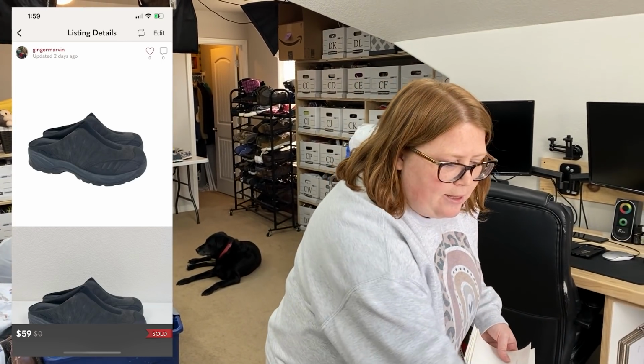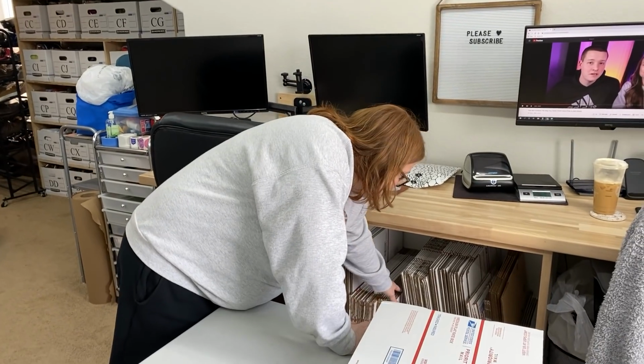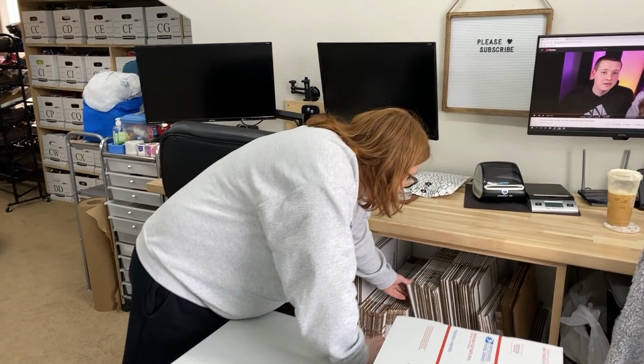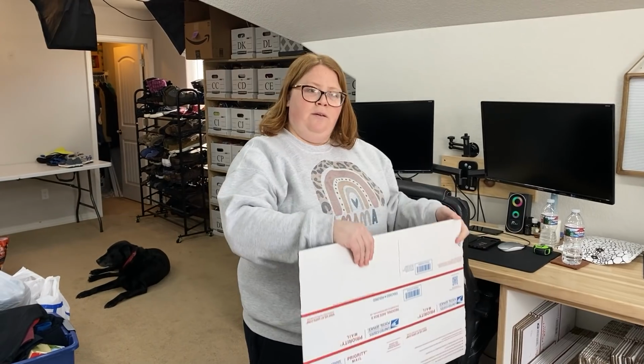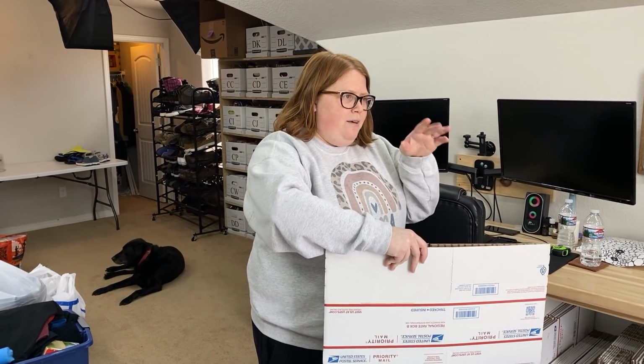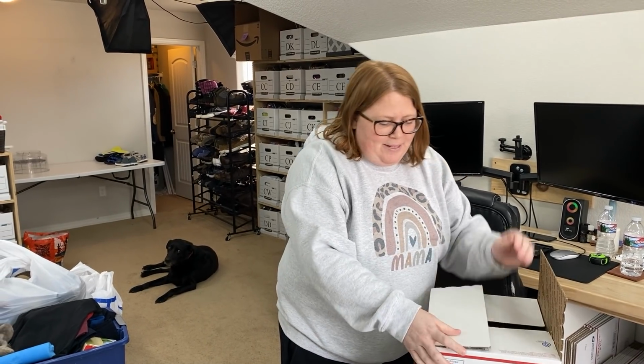So the Sas and these both sold to guest buyers, which means they just randomly found them on Google or something, probably. So that was a nice surprise. I love guest buyers. They always pay the full price because they don't really know it's Posh and you can make an offer and stuff. So with a guest buyer, does it show that it's a guest buyer? It's just like their handle's a really weird number. Okay. You could just tell. I don't know how to explain it, but